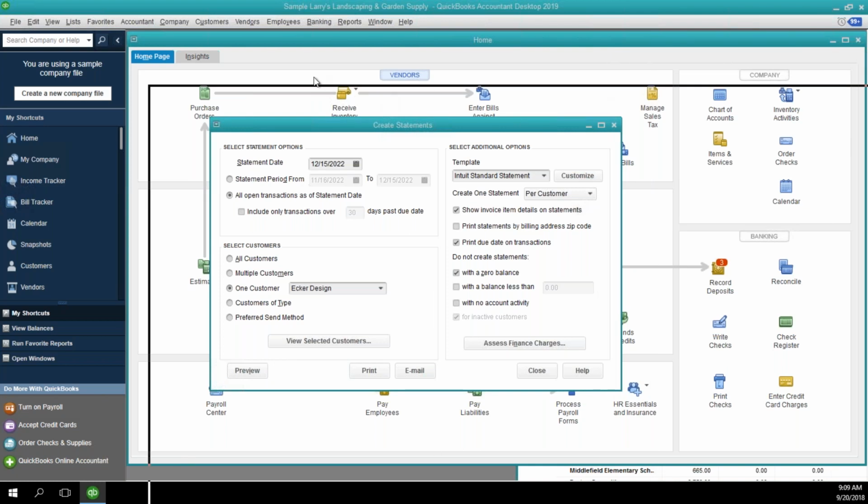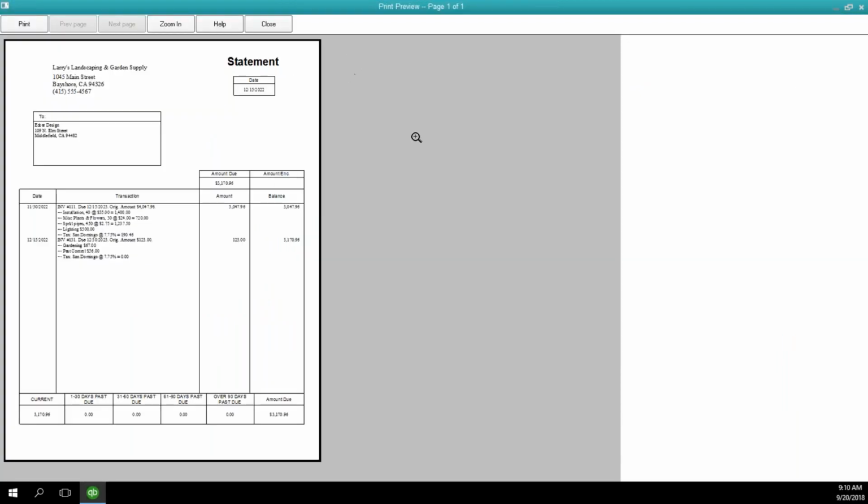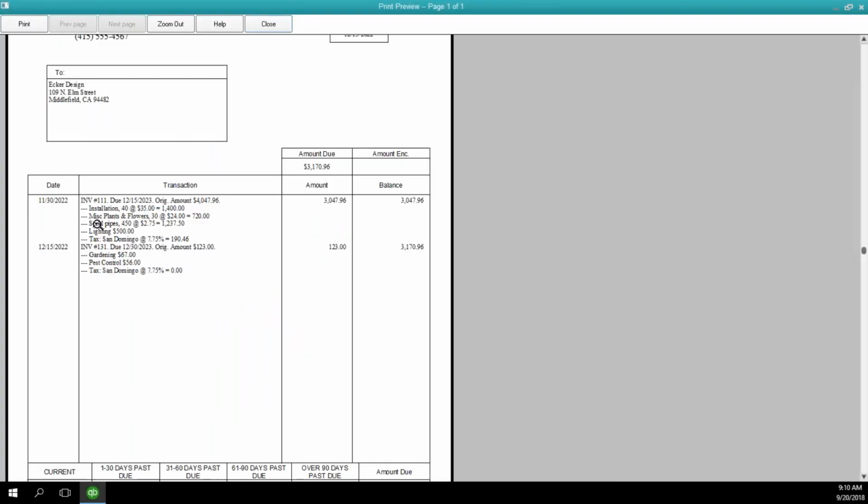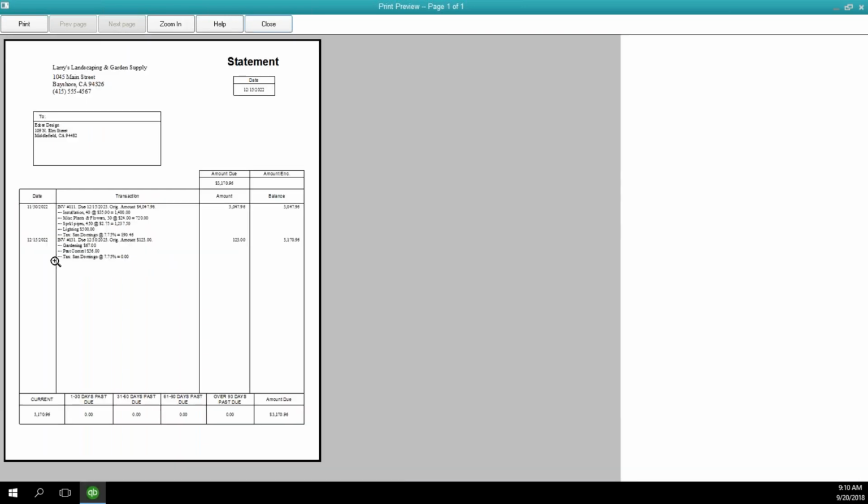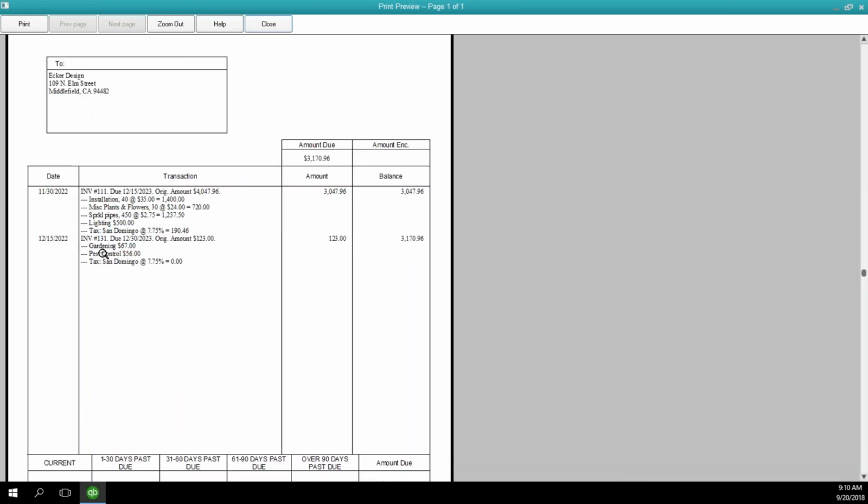I'll bring the screen over. So now what it shows me, I'm going to click in the detail. So I invoiced Ecker Design on 11/30 for these different line items. Then I invoiced them again on 12/15 for these different line items. It's the total of the invoice, and it shows me the invoice numbers, how much they owed me, and the